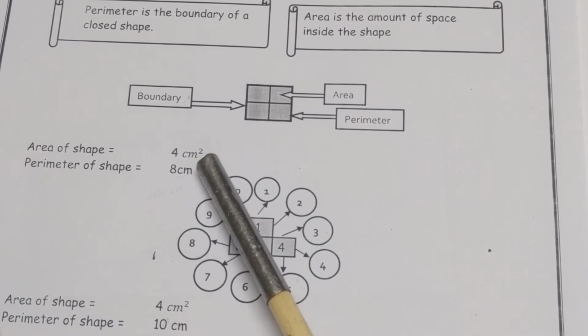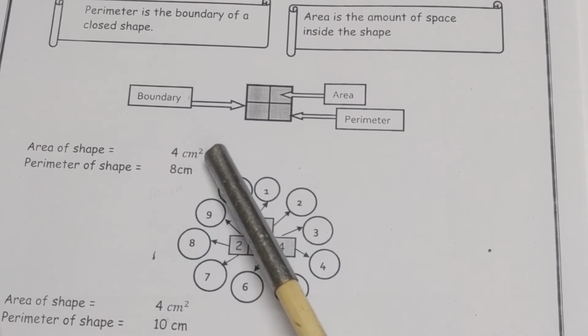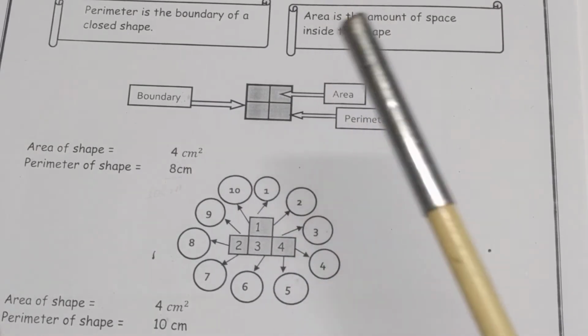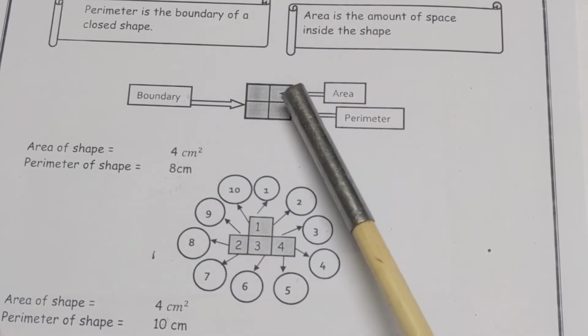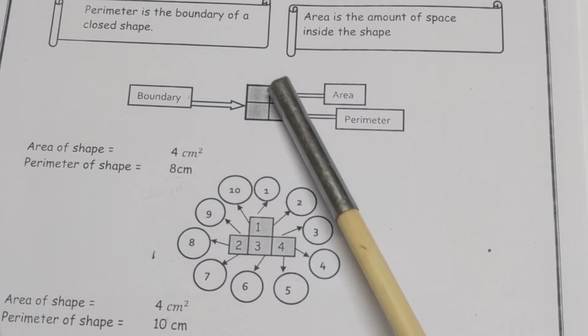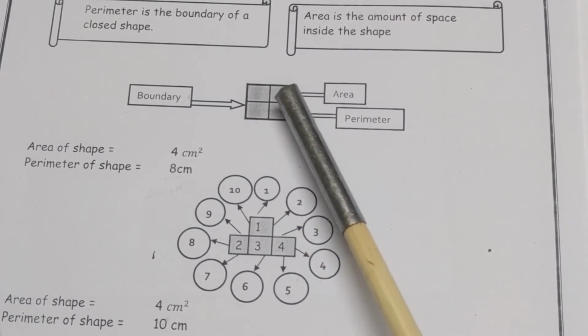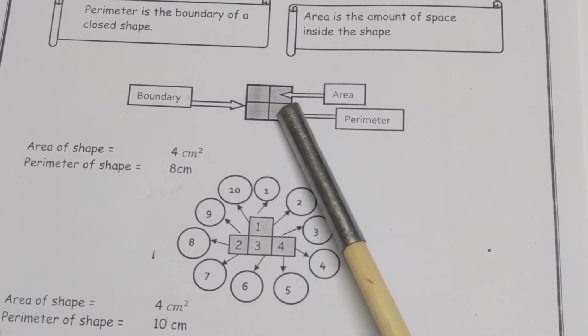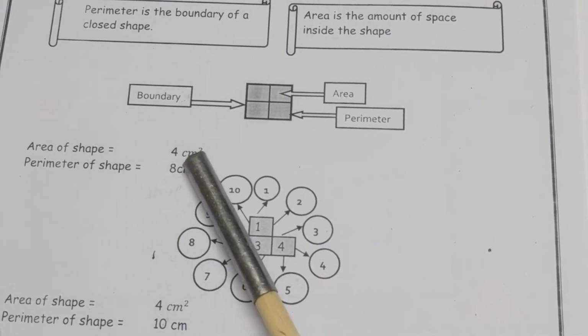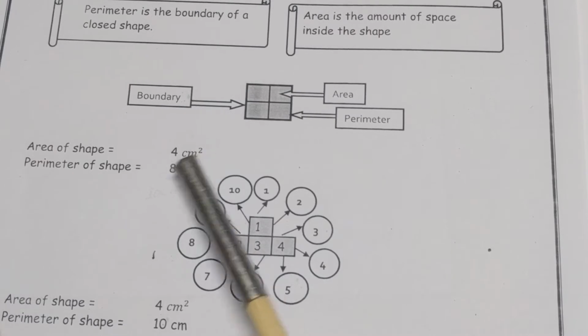As I told you in the previous lecture that the unit of the area is in square. That's why we are putting this small 2 at the top side of the centimeter, meter or inch or feet. So how is the area 4? You have to calculate the inside portion of this bigger box. The inside portion consists of 4 small boxes, 1 2 3 4. It means the area of the shape is 4 centimeter square.